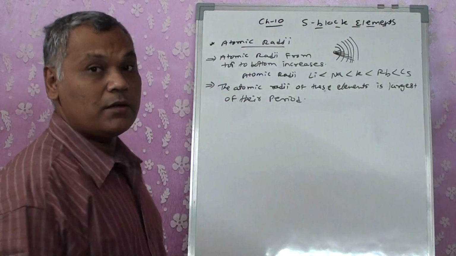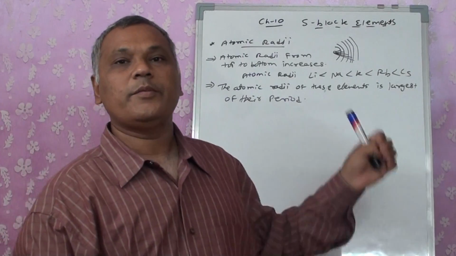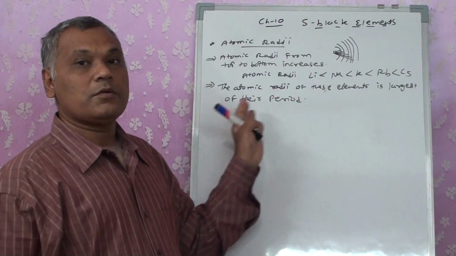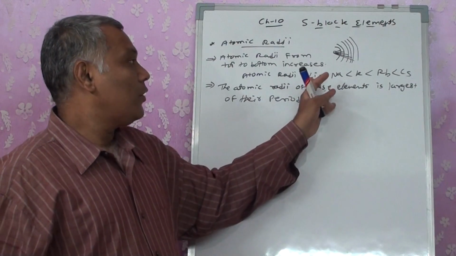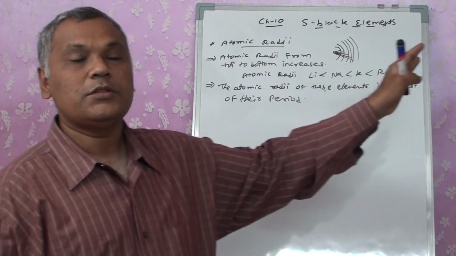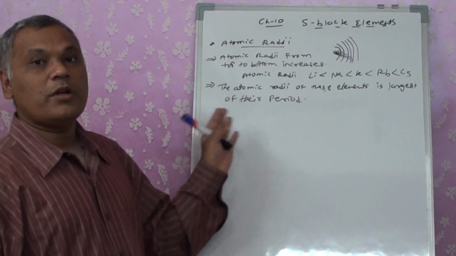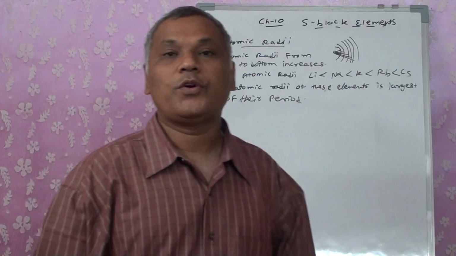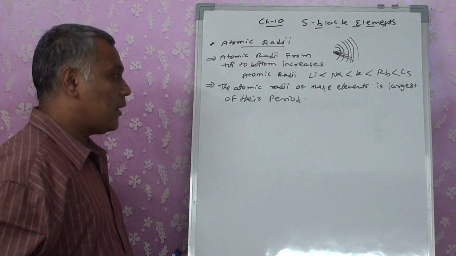In the period, they are the largest in size, because left to right atomic radius decreases, and these are all the elements of the left side. So lithium is the biggest of the second period. That means lithium will be biggest compared to the next ones: beryllium, boron, nitrogen, oxygen, fluorine and neon. Sodium is the biggest compared to magnesium, aluminium, silicon, phosphorus, sulfur, chlorine and argon. Right? So in the periodic table, they are the largest.